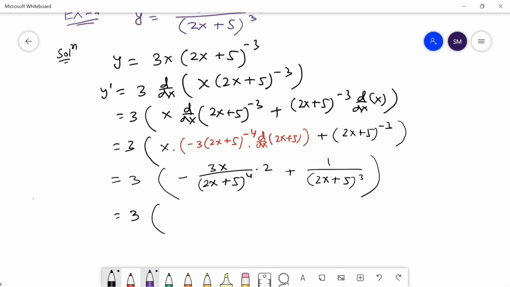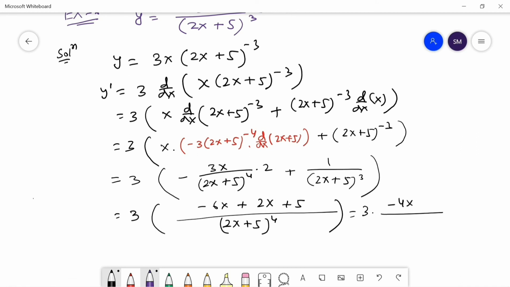3. Then if we take this common, 2x plus 5 to the power 4, minus 6x plus 2x plus 5. 3 minus 4x plus 5 over 2x plus 5 to the power